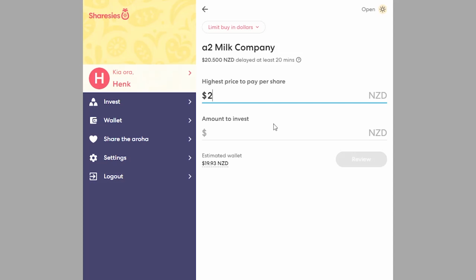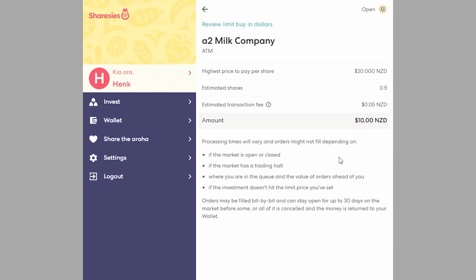So here we can set it at $20, and you can also choose the amount that you want to invest in. The amount that you want to invest in does not need to be the price that you're willing to pay per share. So if you want to spend $20 per share on A2 Milk Company, you can invest only $10, which gives you a partial share. Next thing, we can go to Review, and then it'll show you the details, and then you can press Buy